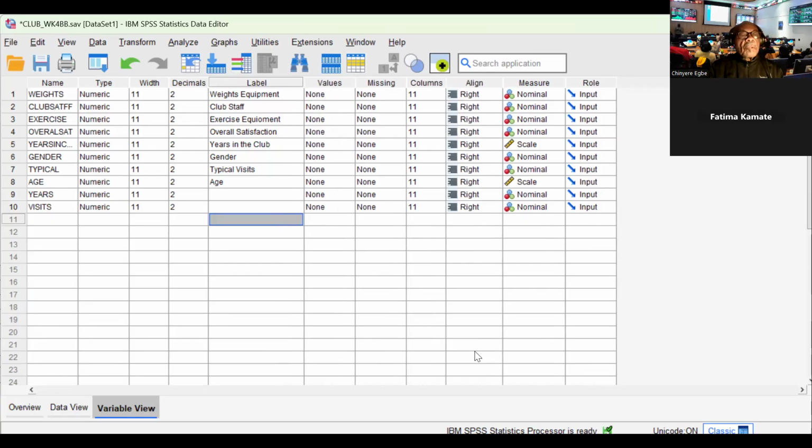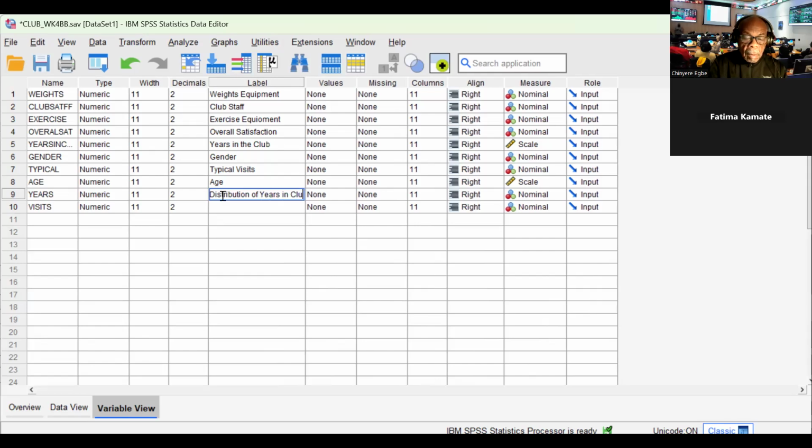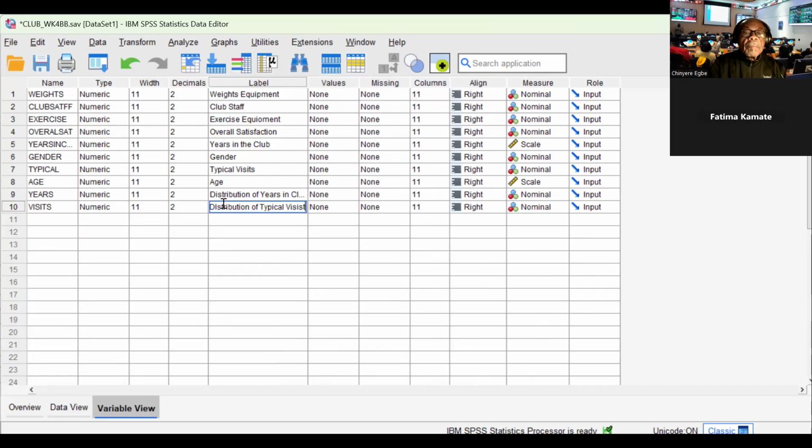So for today, I'm just going to show how to calculate age. The other thing that I'm going to show is how to do frequency distribution, and club visits. Okay. I remember many years ago when I taught this class in the lab,